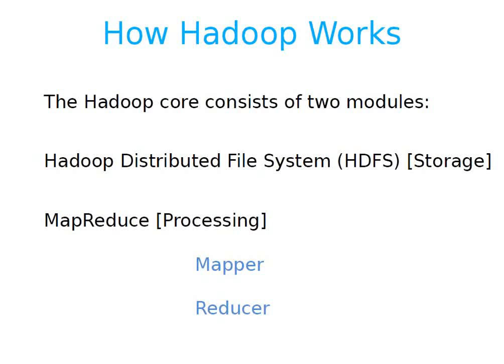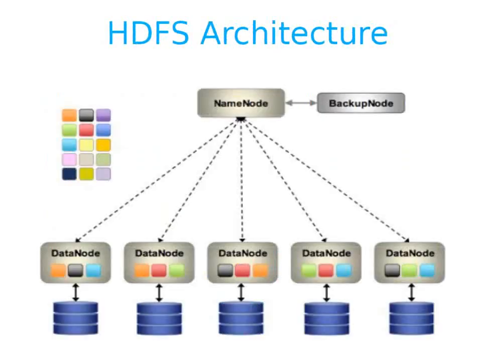As the name indicates, MapReduce is made up of two words. One is map, or mapper, and another one is reduce, or reducer. So this was very brief about the two parts of Hadoop: storage and processing, mapper and reducer. We'll talk more about each part. We'll start with the first one, the storage part, Hadoop Distributed File System, that is HDFS. So let's proceed to the next slide.